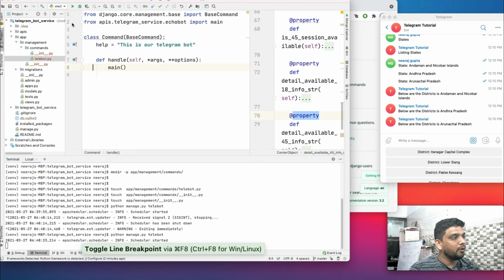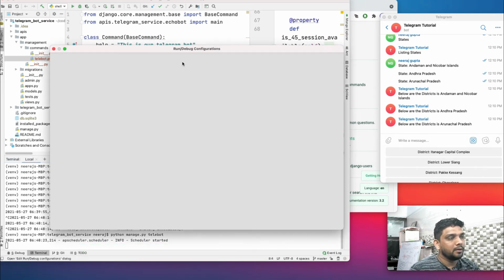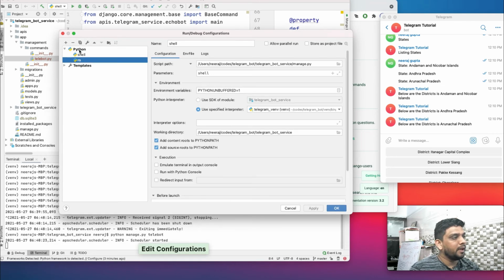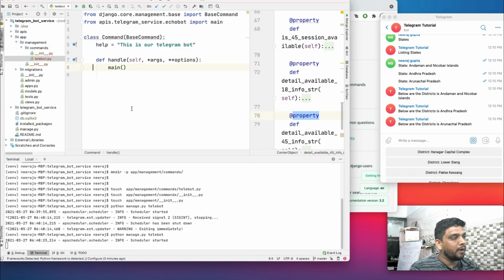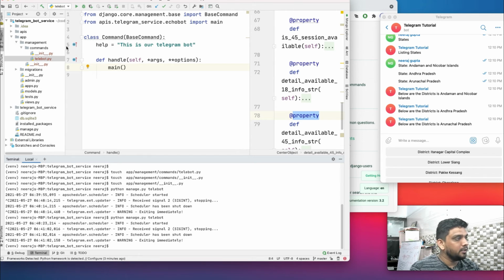One more benefit: the way I am running shell or runserver, the same way I can have talibot, and I can say talibot. It will provide me a handy option for debugging. Let's see.